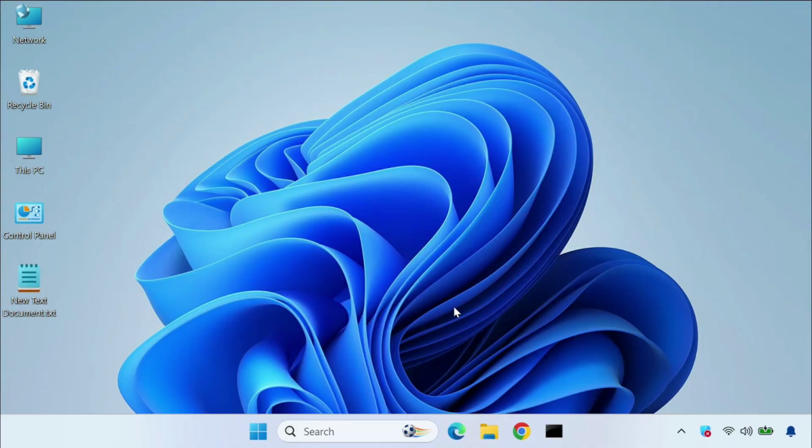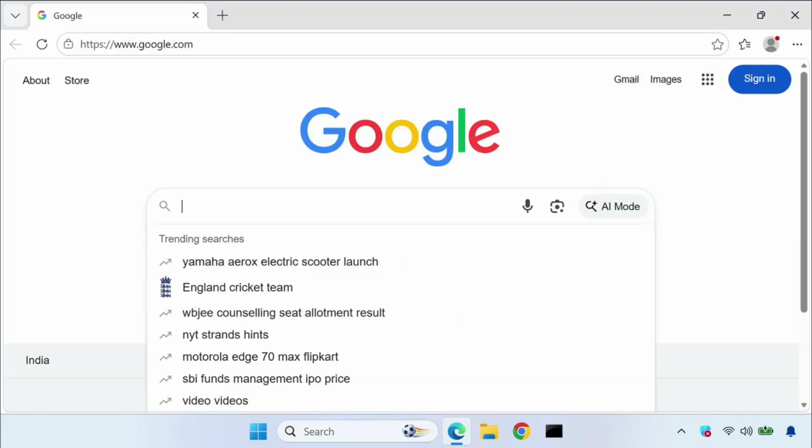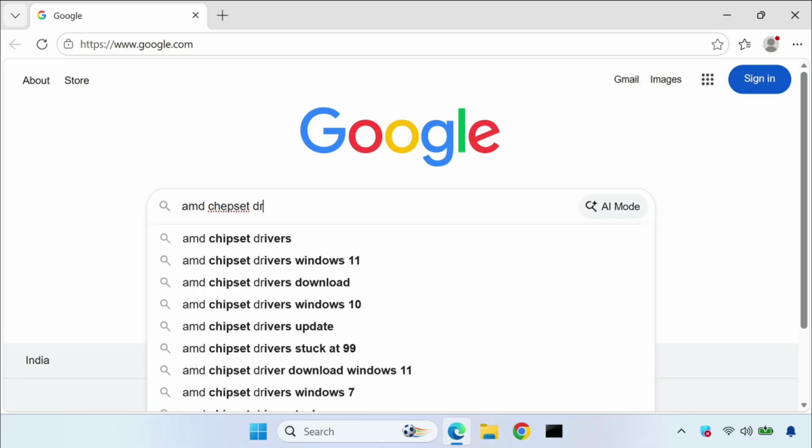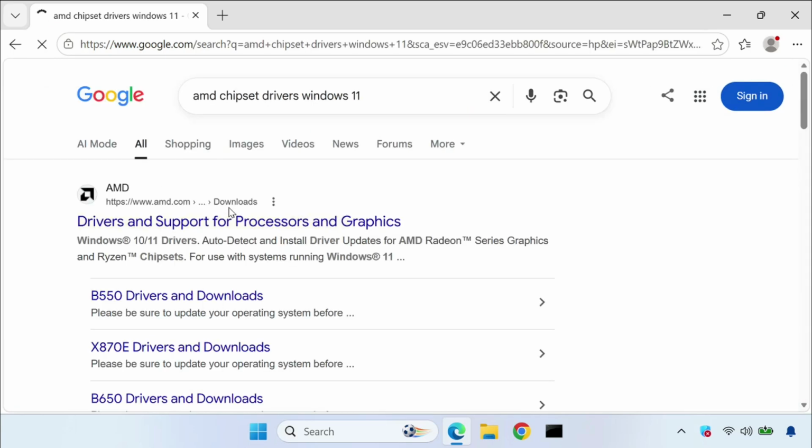Next, open any browser, in the Google search box type AMD chipset driver for Windows 11, and then hit enter. After that, it will show the official website, click on it,